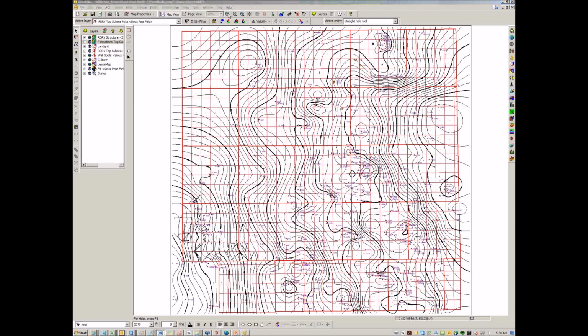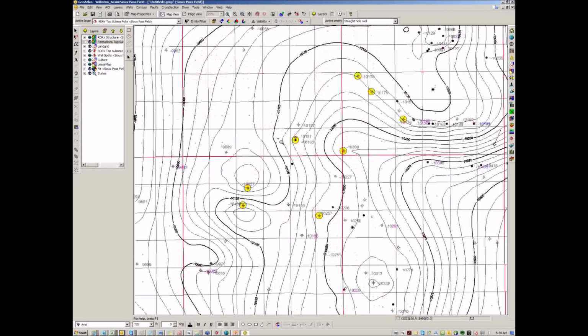Okay, I'm going to zoom in up on this northern section of my map. I've already highlighted a few spots in yellow where contours are close to honoring the wells, but not quite. I've got a -10,175 contour here, and it's lacing on either side of my two control points, whereas I really want it going straight through. I've got a -10,176 that's just on the wrong side of the contour. Similarly, I have a -10,300 contour that's coming close to this control point, but this little dip is not quite making it there. So I'll adjust this layer's grid parameters to see if we can get these contours to